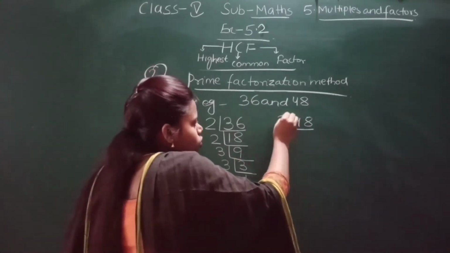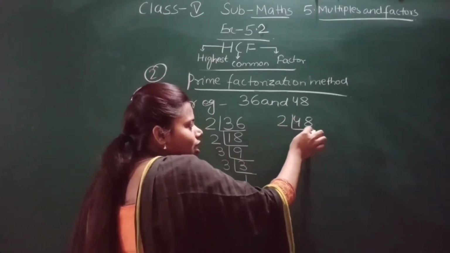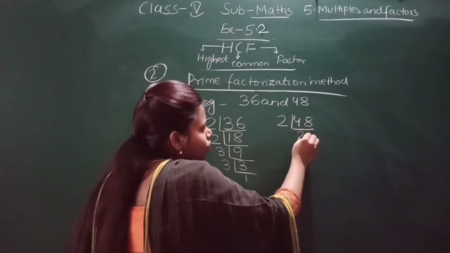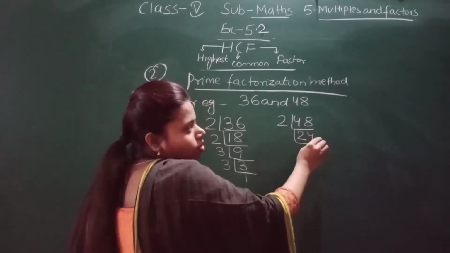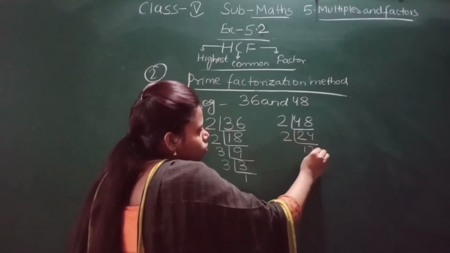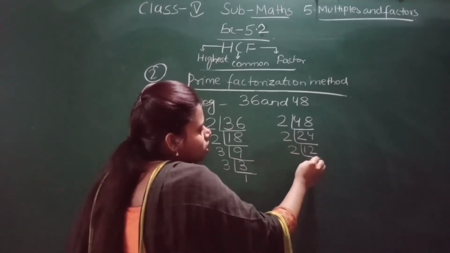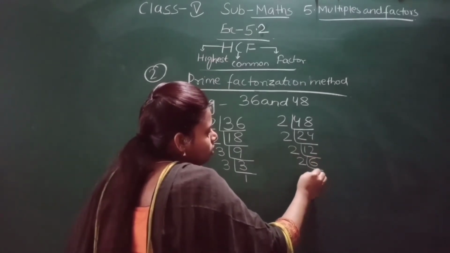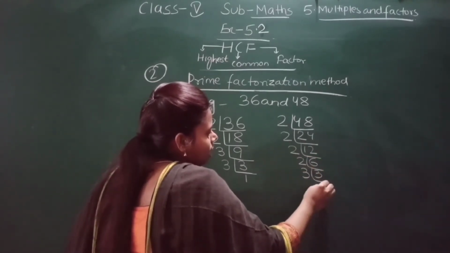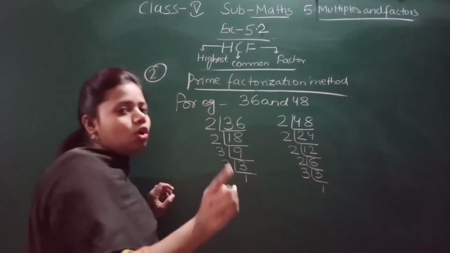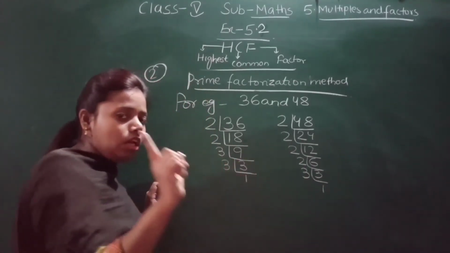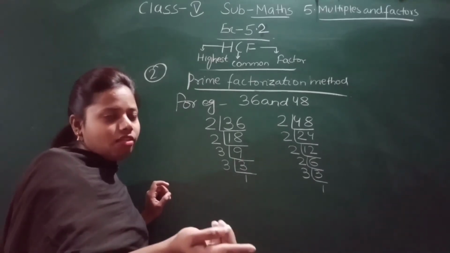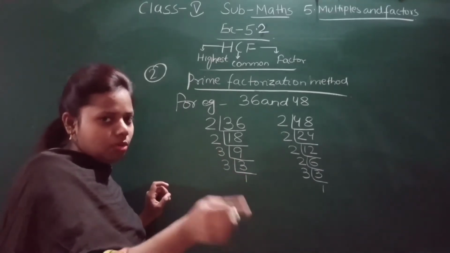So it will again go with the 2 table because 8 is there. This is an even number. That means 48 will go with the table of 2. So 2 twos are 4, 2 fours are 8. Again it will go with the table of 2. 2 ones are 2, 2 twos are 4. 2 how much is 12? 2 sixes are 12. 2 how much? 2 threes are 6. And then again last 3 ones are 3. Don't do directly 6 ones are 6. No, only with the prime numbers 2, 3, 5, 7, 11. Whatever it is divisible by, that number you will use.